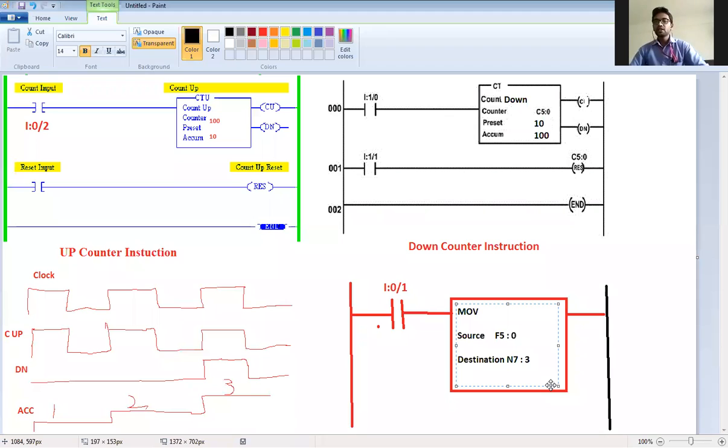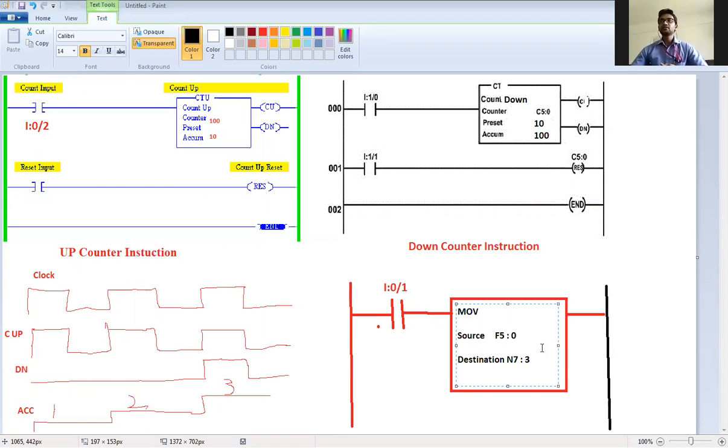So whenever you are moving data from one internal memory location to another memory location, this move instruction is used. This instruction is exactly similar to your assembly instruction move. Okay. So this is a move instruction. Getting any doubt over here? You can ask me in the chat box. Next, we are moving to the logical instructions.